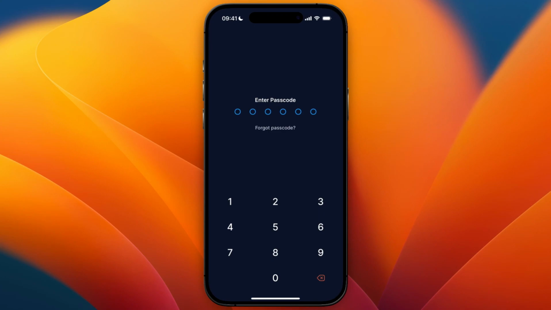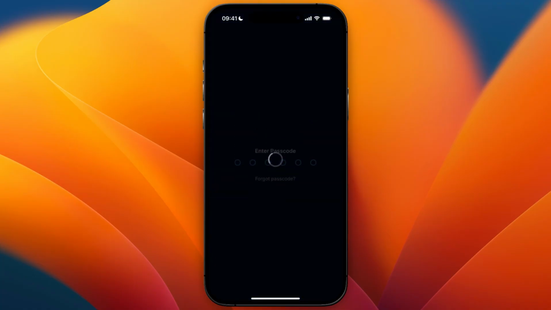In this video, I will show you how to reset your Crypto.com passcode. So if you've forgotten your passcode and you cannot currently sign in, then you will see this screen. Now what you want to do is just click Forgot Passcode in the middle of the screen, and from there